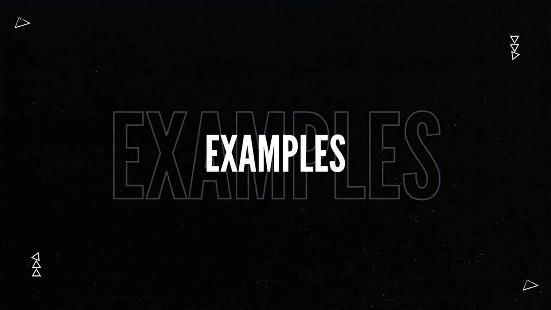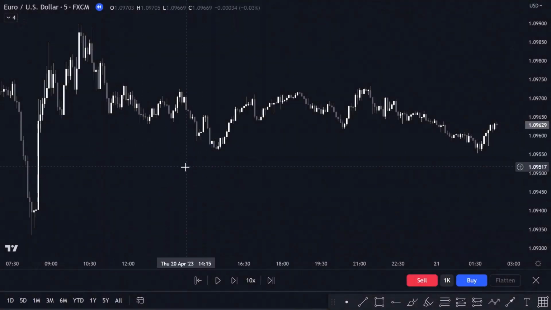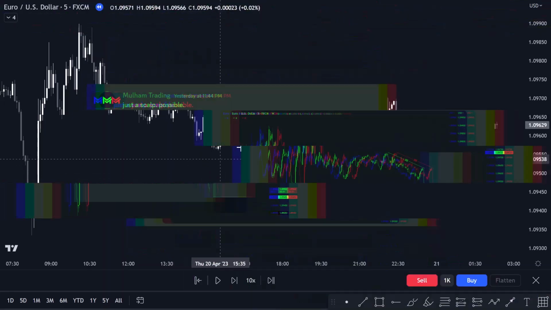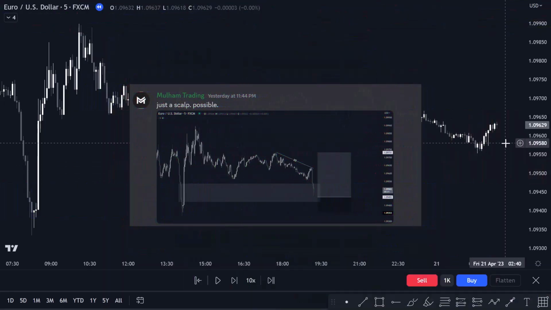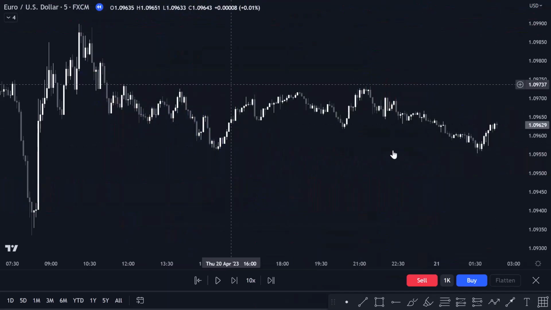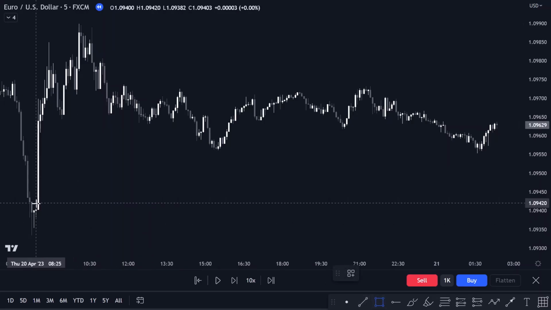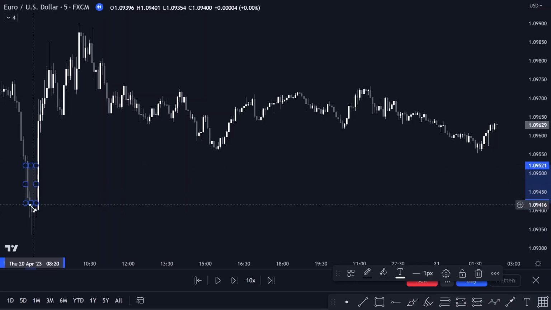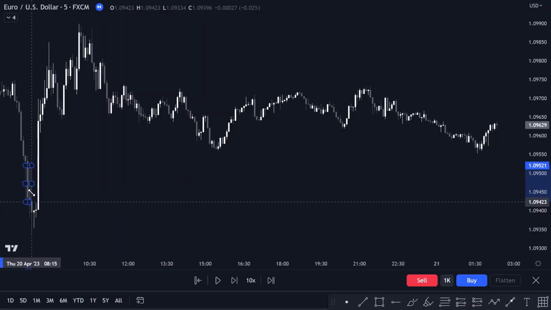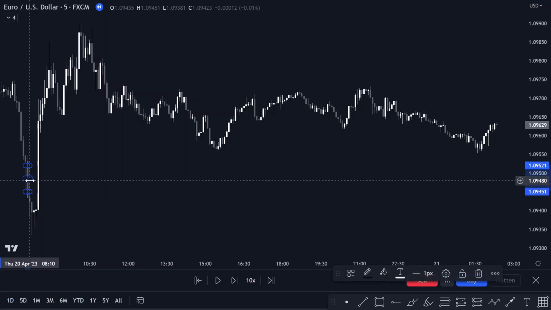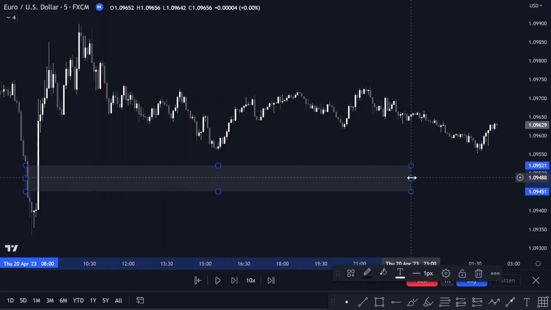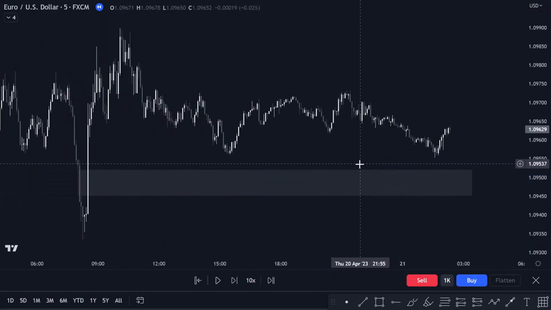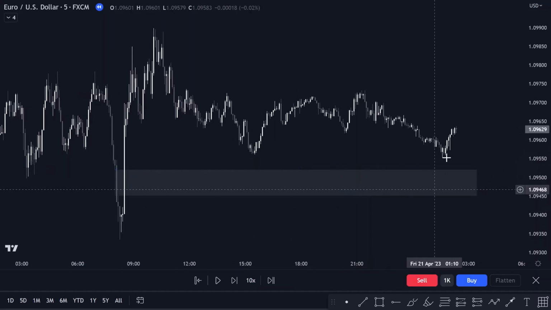So for the first example, I would like to cover a trade that I entered yesterday. It was on Friday, April 21st. Basically, what I saw here is, first of all, this order block here, but then I took the balance price range from here to here. This is the balance price range, and it was not mitigated, so I was positive about it,